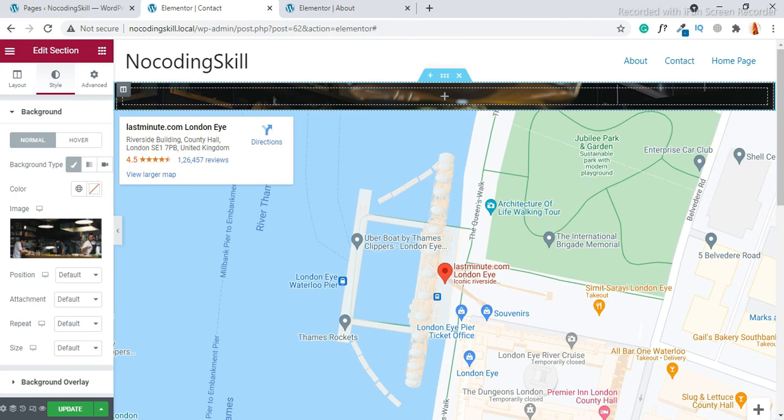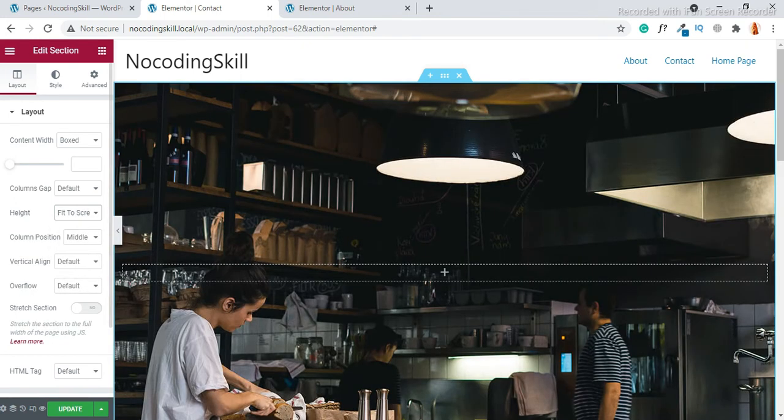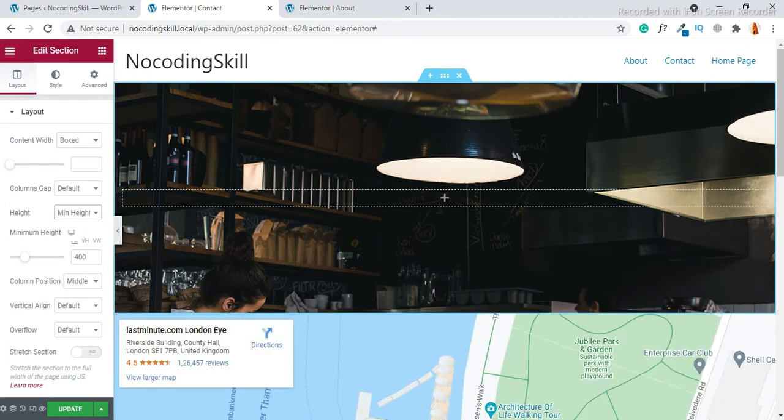Okay, there is no content here, so that's why it's looking like this. Okay, we just need to set the height, fit to screen. Oh, it's too low. Just min height. Okay, so we took min height.